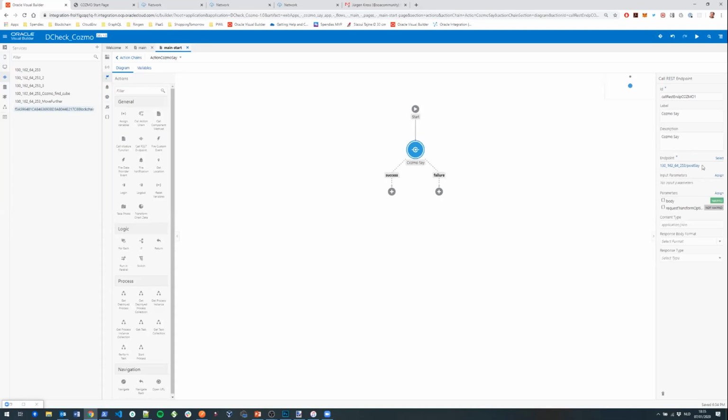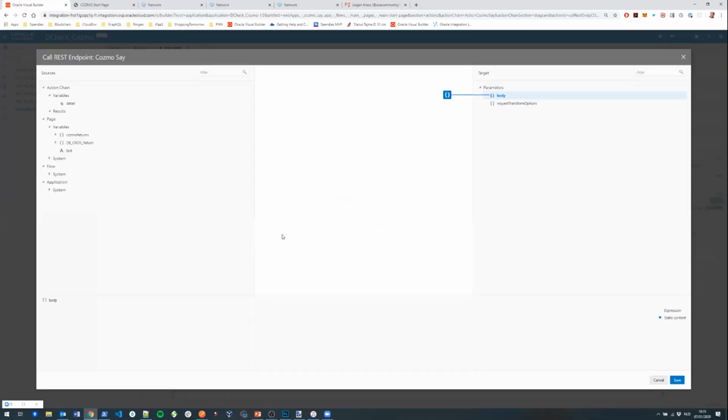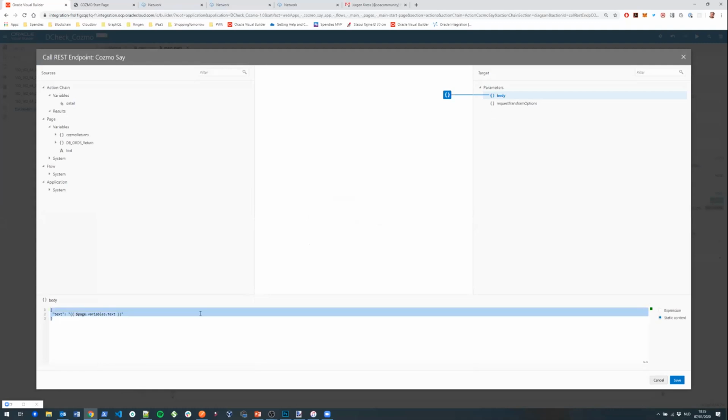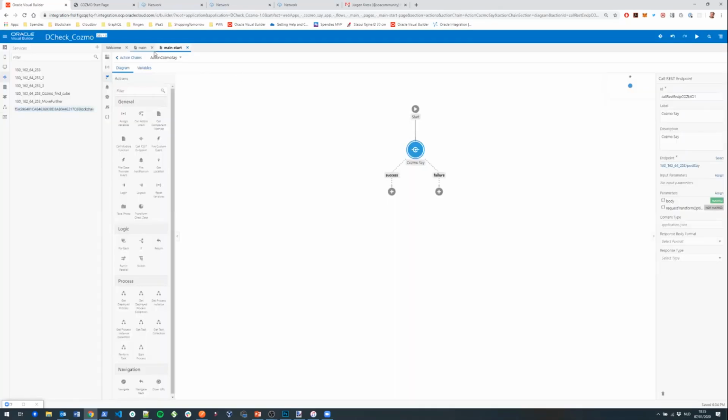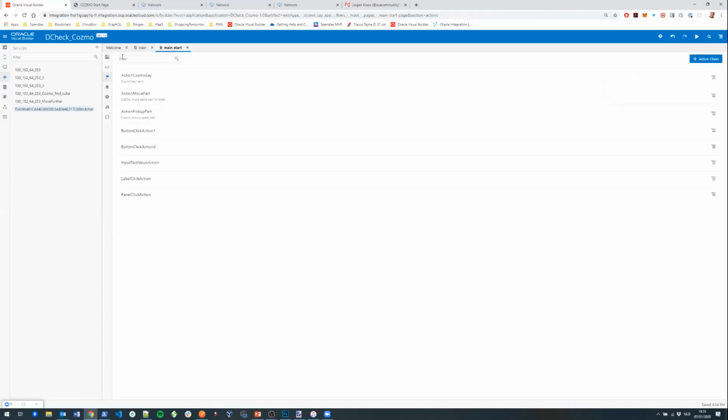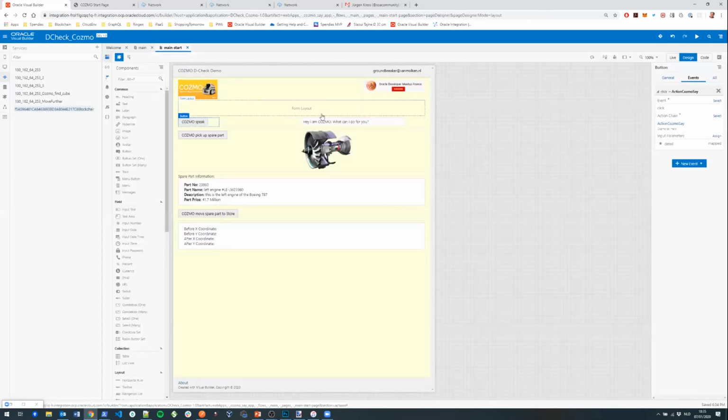You can select the endpoint. You can do parameter mapping. So for example, here I have a body selected, but with a variable that takes the information from the page. So everything I type on the page, let me go back, on the page here, in the text field, is something that is sent back. And we have some things to talk to COZMO, and it will also do the blockchain, because it has multiple